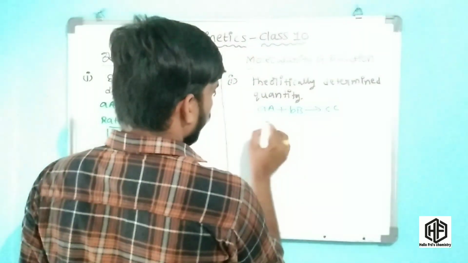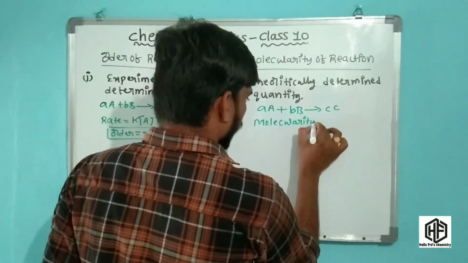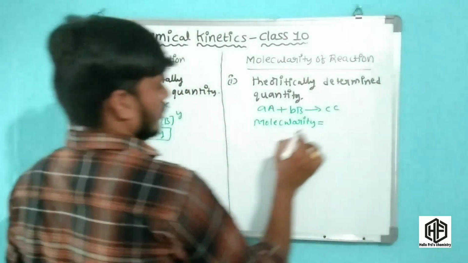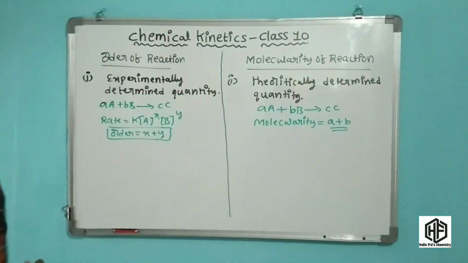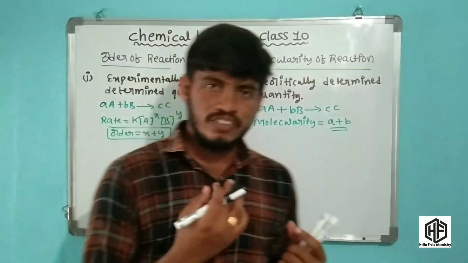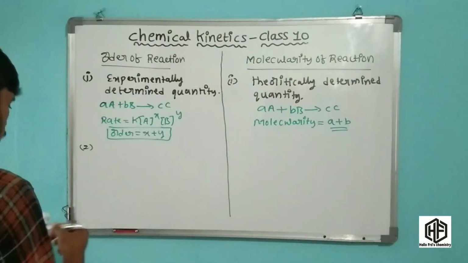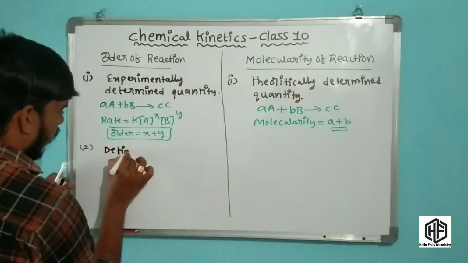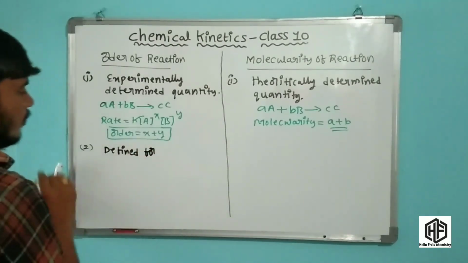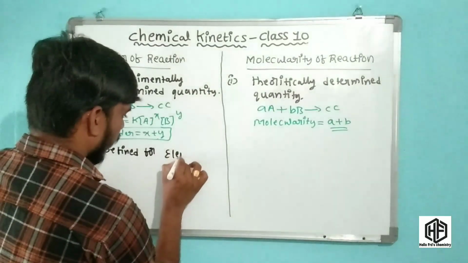Now the molecularity of this reaction comes from the stoichiometric coefficients, so a plus b is the molecularity of the reaction, and X plus Y is the order of the reaction. This is the first important point in the difference between order of reaction and molecularity of reaction. And the second important point is that order of reaction is defined for